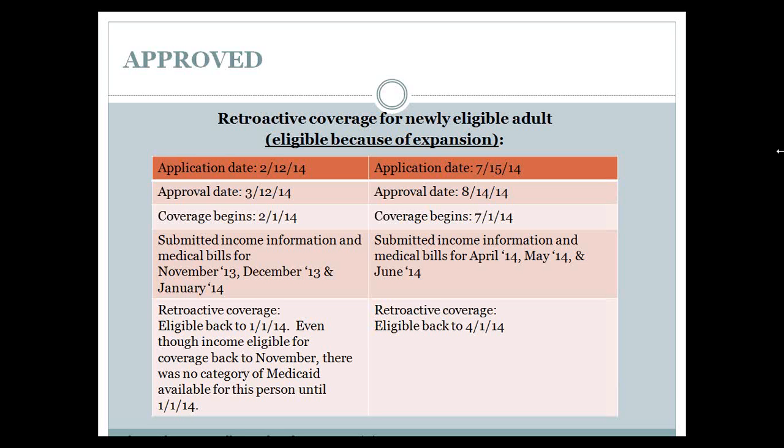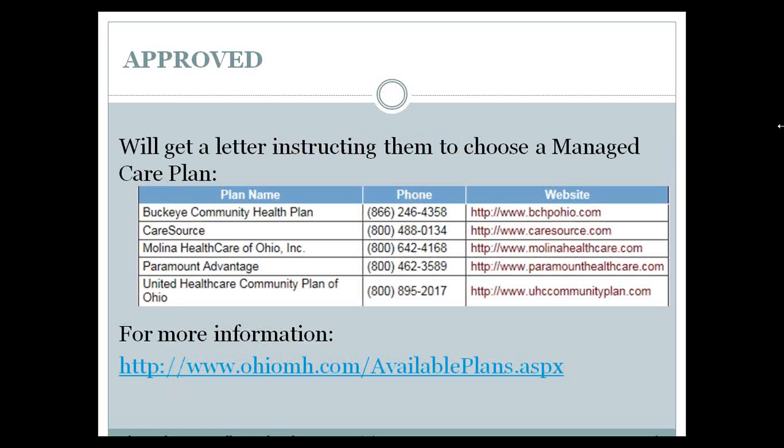But let's look into the future for retroactive eligibility. You help someone apply on July 15th. They get approved on August 14th. Remember, coverage goes back to the first day of the month in which you submitted the application, so July 1st automatically is the date of coverage beginning. Let's look at the 3 months prior to the month of your application, April, May, June. If you prove you were income eligible in those months and you had bills in those months, you can be eligible back to April 1st. Okay. You get approved, maybe you're eligible for retroactive coverage.